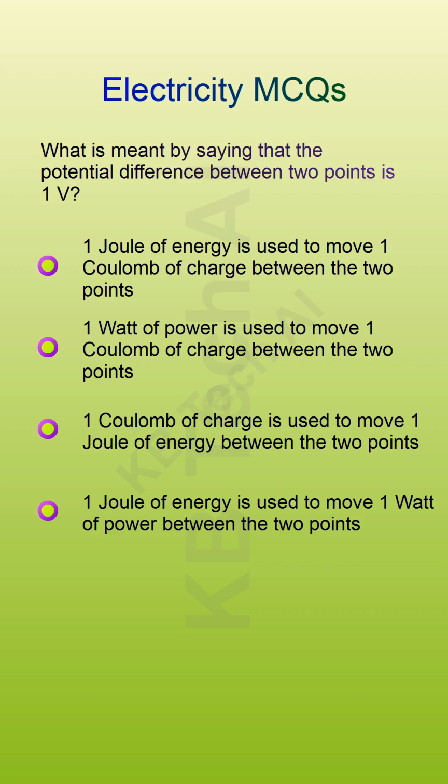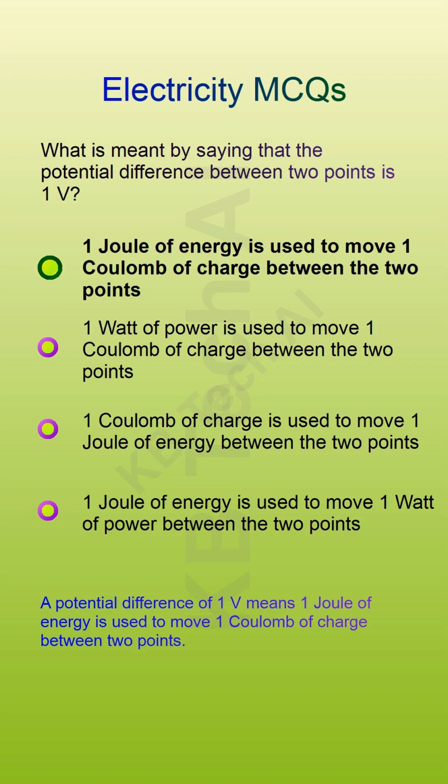What is meant by saying that the potential difference between 2 points is 1 volt? Option 1, 1 joule of energy is used to move 1 coulomb of charge between the 2 points. Option 2, 1 watt of power is used to move 1 coulomb of charge between the 2 points. Option 3, 1 coulomb of charge is used to move 1 joule of energy between the 2 points. Option 4, 1 joule of energy is used to move 1 watt of power between the 2 points. The answer is, option 1, 1 joule of energy is used to move 1 coulomb of charge between the 2